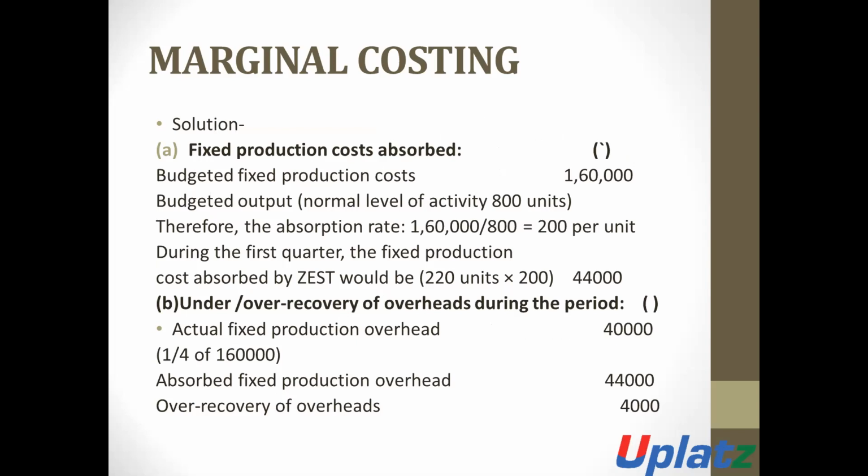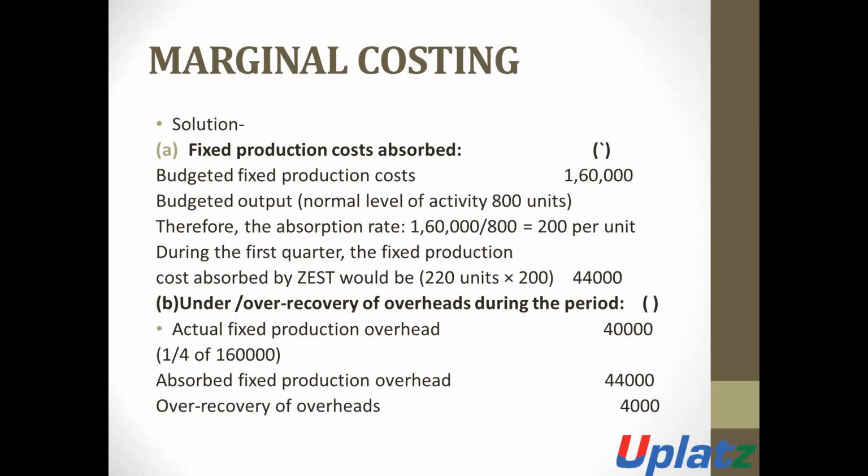Fixed production cost absorbed. Budgeted fixed production cost is 1,60,000 and budgeted units are 800 units. Then the absorption rate is 1,60,000 divided by 800, which will be 200 rupees per unit. Then, during the first quarter, the fixed production cost absorbed by the units will be